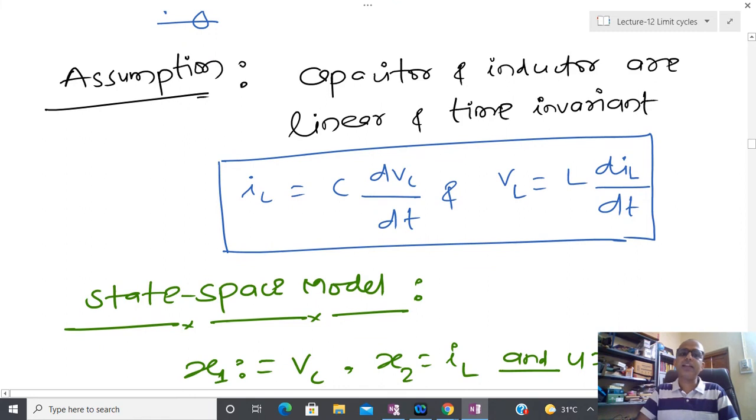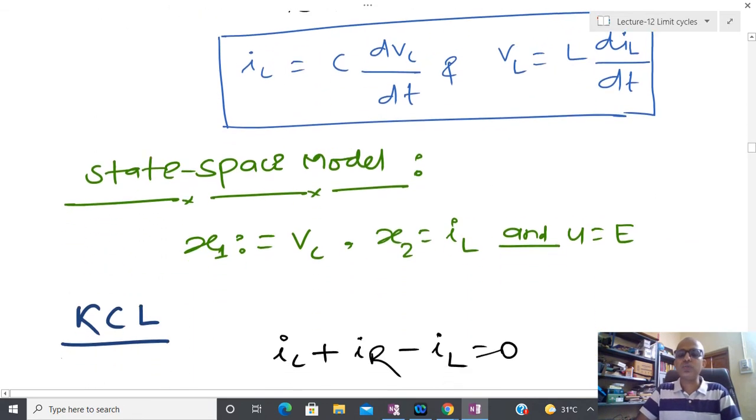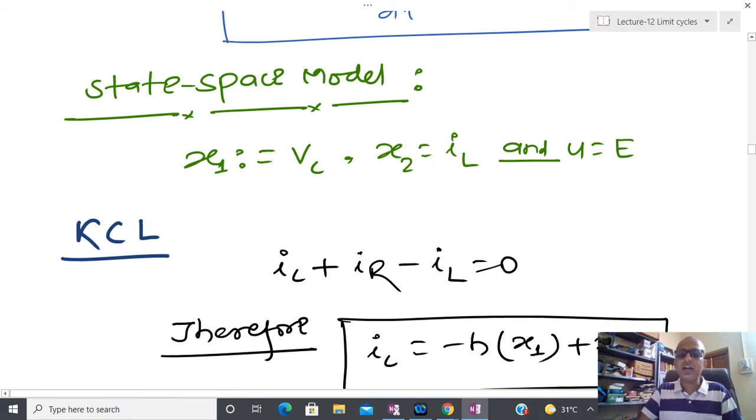Now what is our assumption? That the capacitor and inductor are linear and time invariant. Only if you assume that the capacitor and inductor are linear are you able to write this kind of expression. Most of the time we write it blindly, but the assumption is that both inductor and capacitor are linear and time invariant, then only can I write like this. Now if you go for the state space representation, since I have two energy-carrying elements, the capacitor is going to store energy in the form of an electrostatic field,